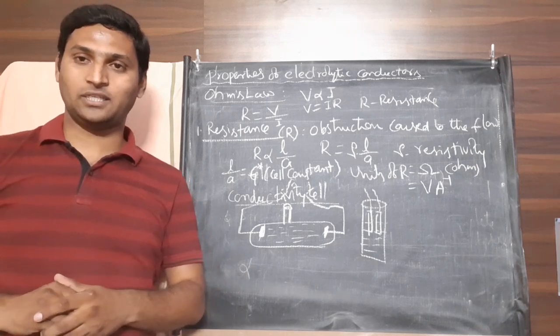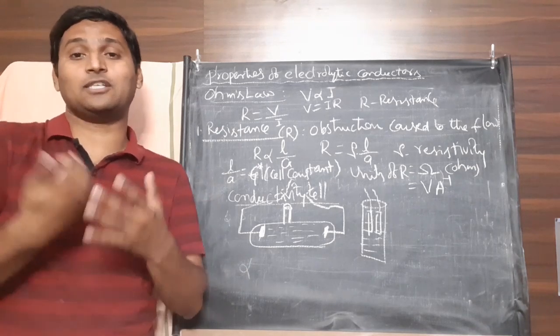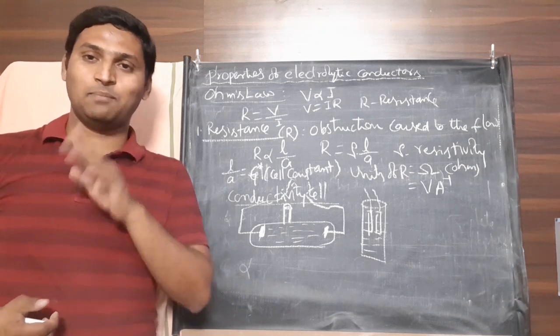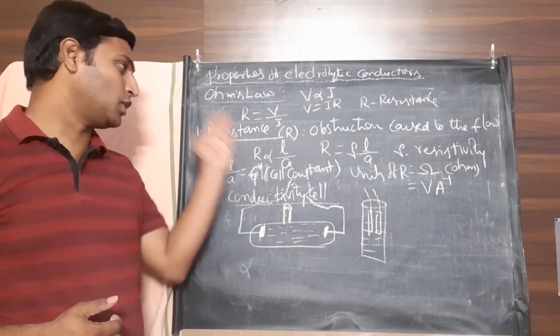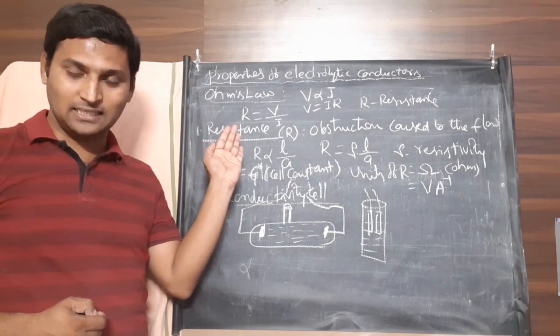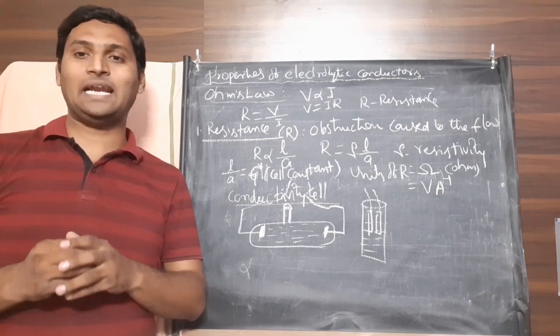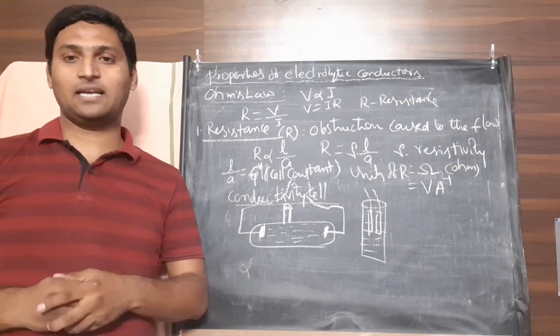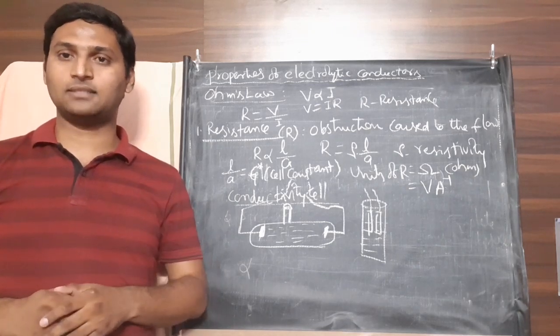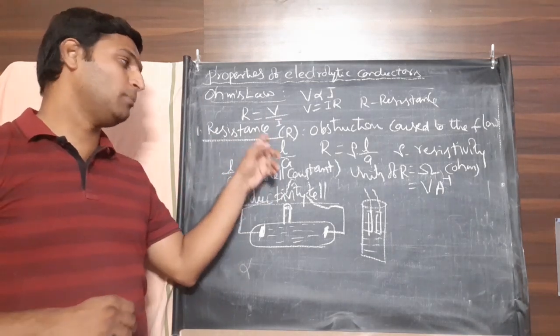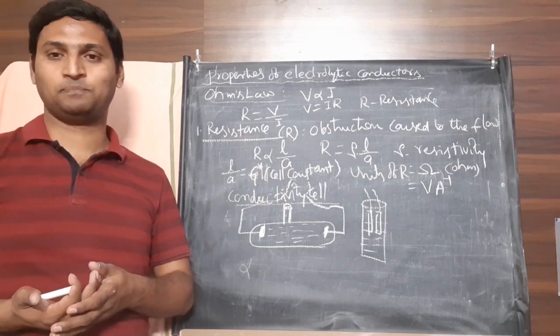Now the second question, it decomposes when electricity is passed, so what are we doing? If direct current is passed, it decomposes. So during determination of properties of electrolytic conductors, we use alternating current AC, not direct current DC. Second question answered. Now first question, what do you mean by length and area of cross section?